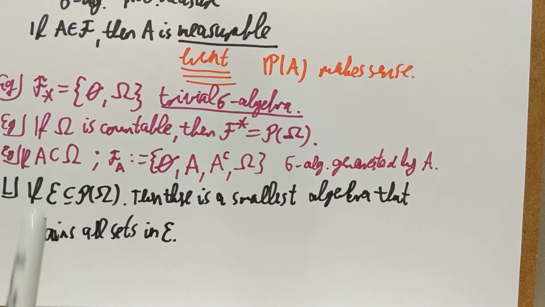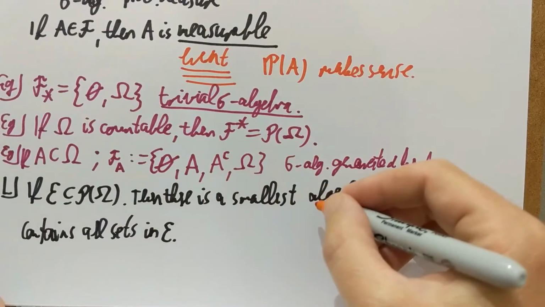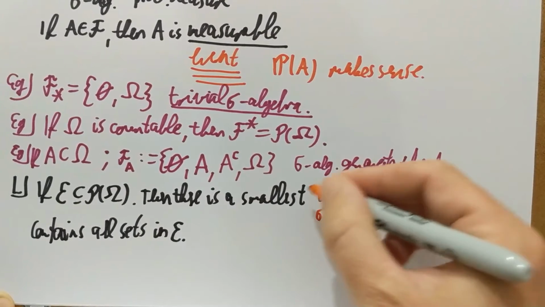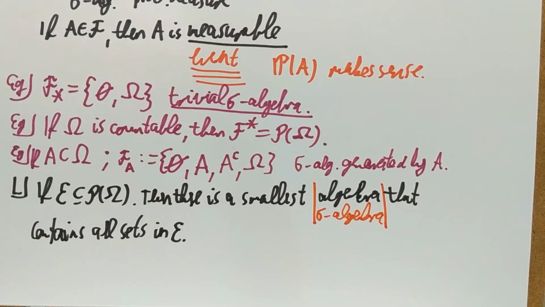This family of subsets could be anything. Maybe the intersections, unions don't belong to this family. It doesn't need to be an algebra. There is a smallest algebra that contains this script E, which is an algebra. And it's actually 2 statements at once. Then there is a smallest sigma algebra as well. So I'm abbreviating 2 lemmas at once. Lemma 1 is that for any family of subsets of omega, there exists a smallest algebra that contains it, and then there also exists a smallest sigma algebra that contains it.